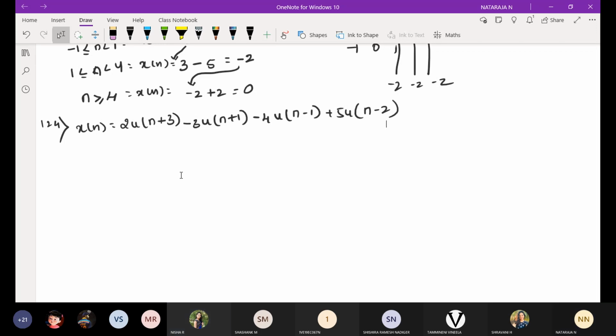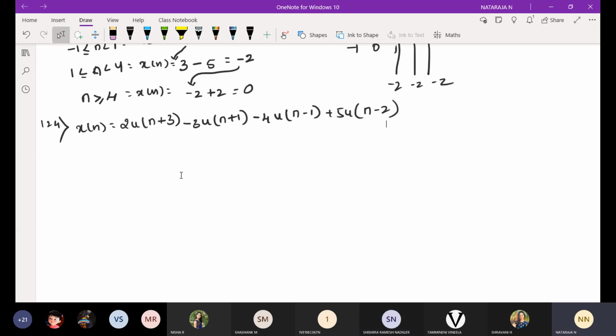In the second case you will get 2. Then if you consider the third one, the previous answer will be 2, then you will get -3 as an amplitude. So we should consider the sum of the previous answer. 2 minus 3 we should consider. What is the answer you got previously? 2, you got, yes, sir.